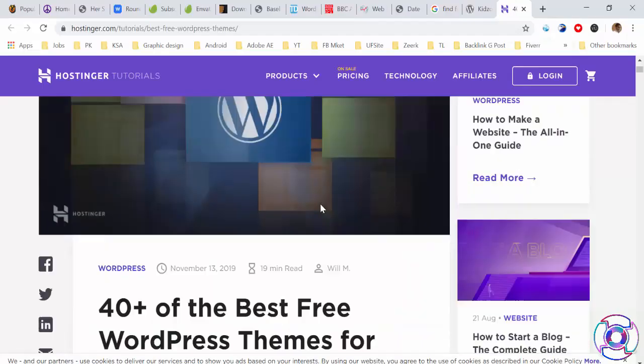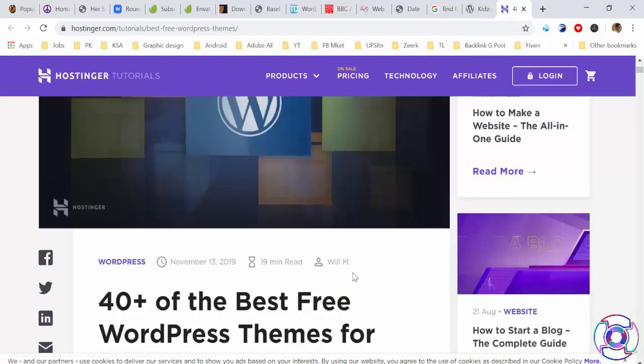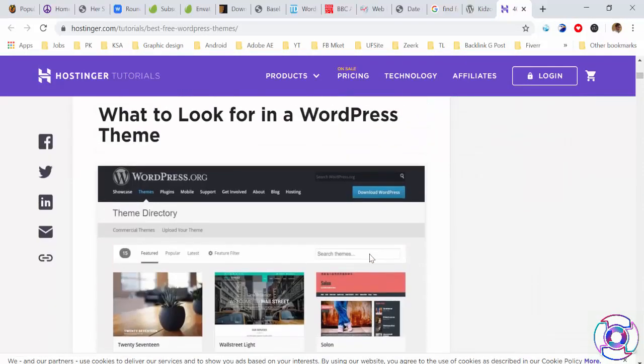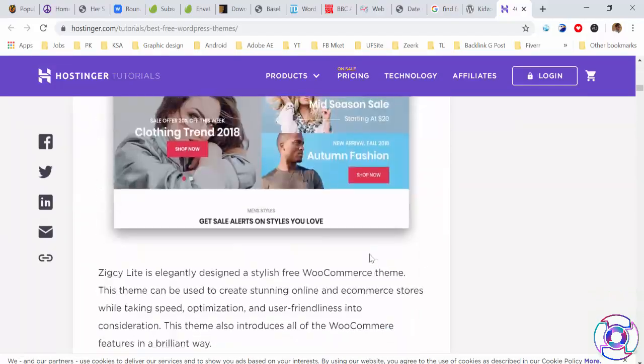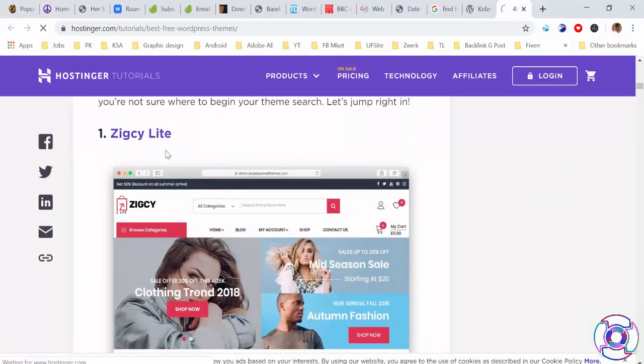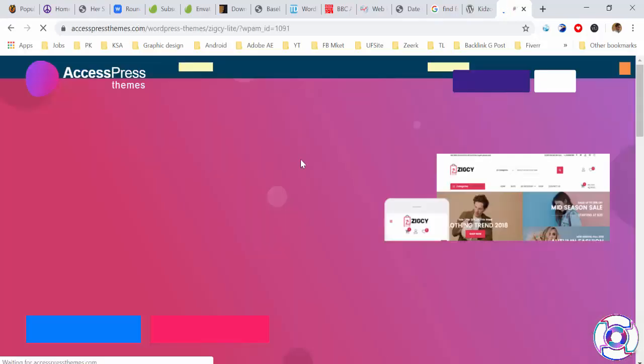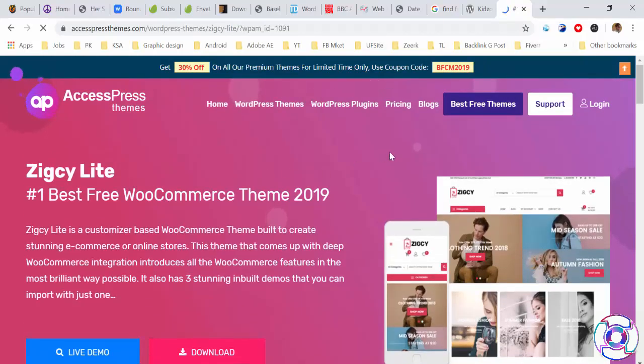Or you can click here, see how the sites look. If you want to click this site, you guys can see this theme, how it is the best free theme.